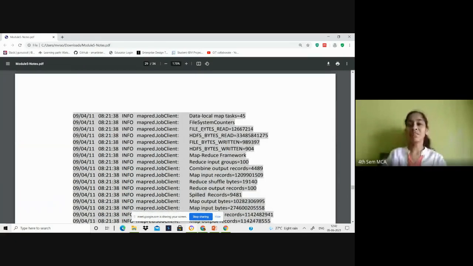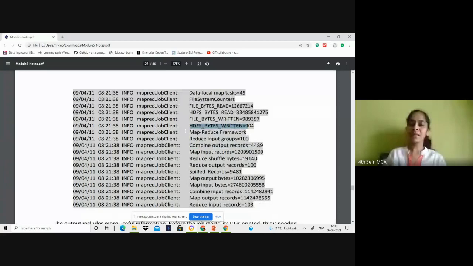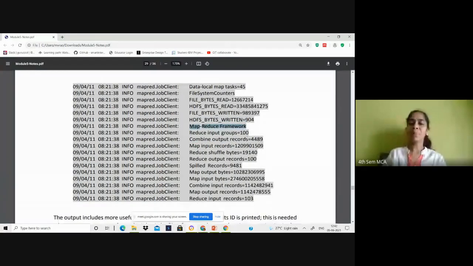Now you can also see the file system counters: number of file bytes read from the NCDC dataset, number of HDFS bytes read onto the cluster, file bytes that are written, that is the result that is written, and HDFS bytes that are written. MapReduce framework counters are also available. What are those?